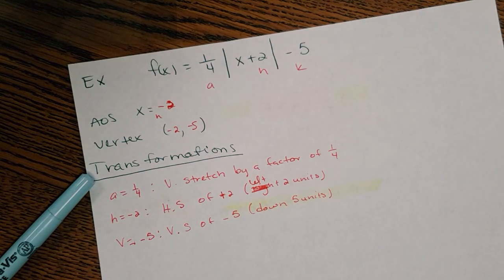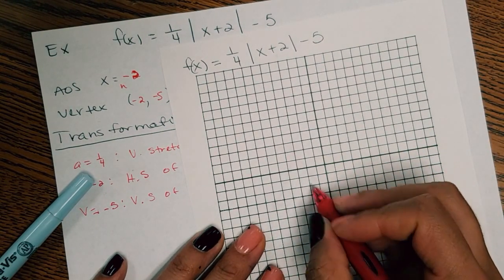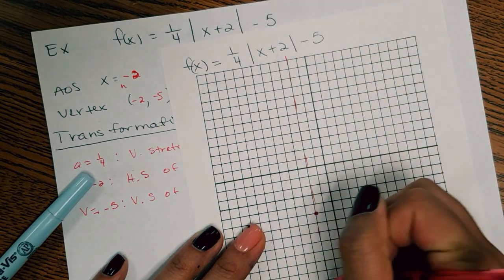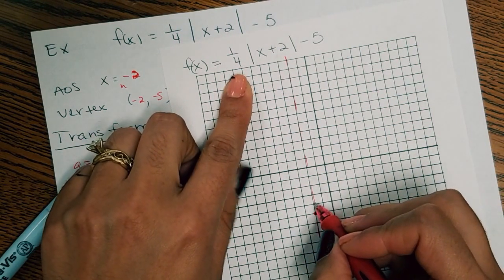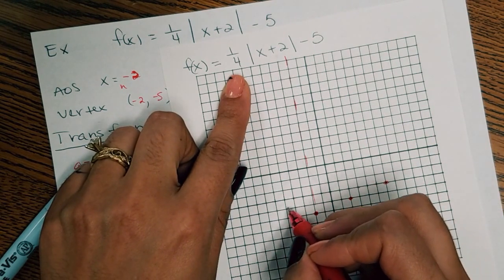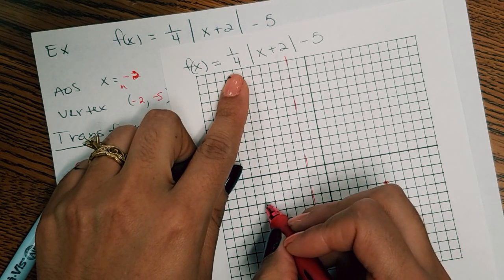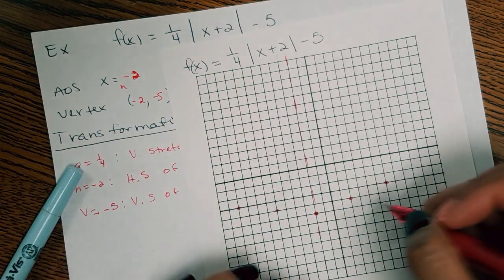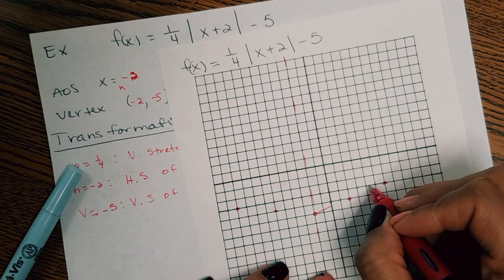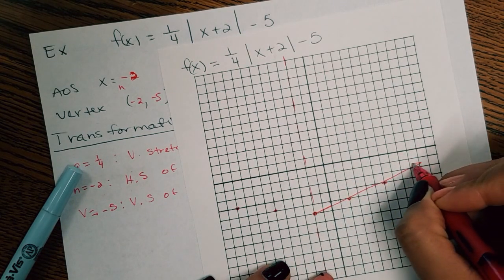So if you wanted to sketch the graph of it, you'd start at -2, -5, then count 1, 2, 3, 4, 5. Axis of symmetry goes through the middle. Your slope is 1/4, so up 1, over 1, 2, 3, 4, up 1, over 1, 2, 3, 4, in both directions. Okay, so something like this. Okay. So like that,